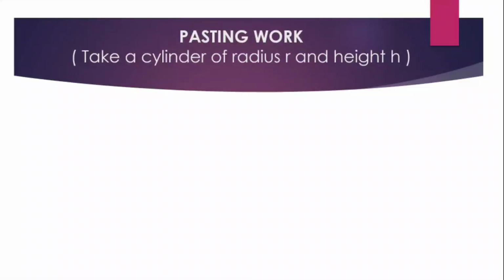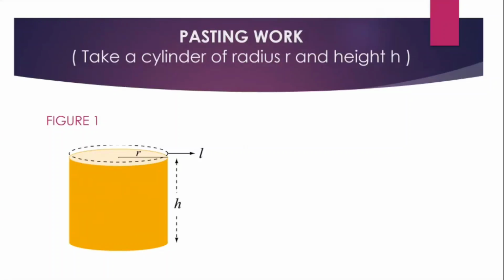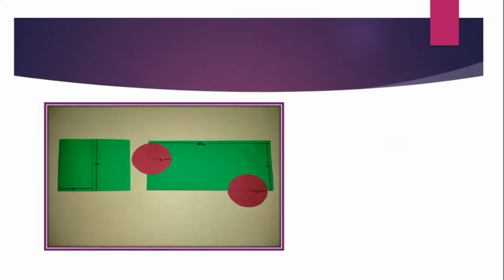You have seen now how it is to be done. Let me show you the pasting work. The first figure would be the cylinder, and the second figure would be unrolling the cylinder and making it into a rectangular strip with the two circular edges. I've done it for you and I'll show it to you. You can see here the rectangle. This is the rectangular strip and it has been folded edge to edge the way I had shown you in the procedure. And the sellotape has been put.